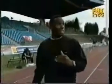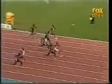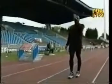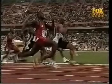So concentrating on that third phase now, arriving about the 70-meter mark. This is perhaps the most difficult phase, when you've got to maintain the speed that you've built up until the 100-meter mark. The main thing is to try and keep your knees as high as you possibly can, not have